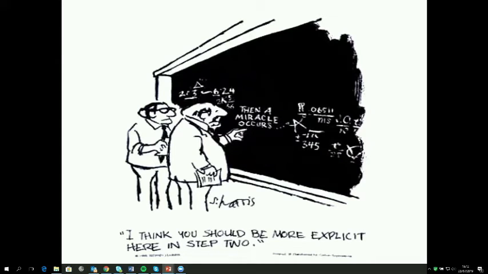And IDRC wanted to emphasize this because what they were seeing in their projects, and I'm sure people are familiar with this, was that they were only focusing on outputs or only focusing on downstream impact.